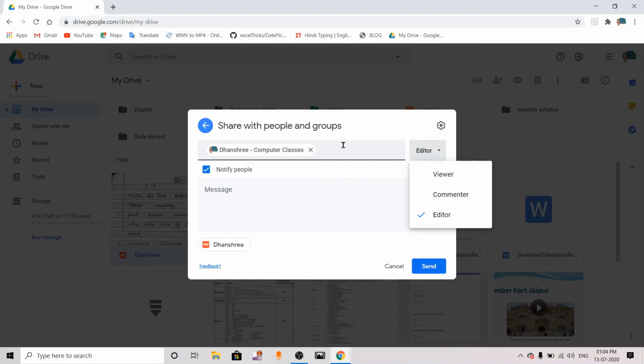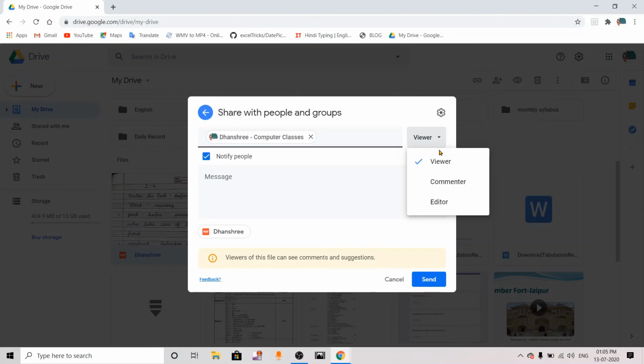Once you have typed the email address here, these are the 3 authorizations which you are giving to that particular person. Suppose I want to share one file with you, what can you do with that file? These are the 3 options. 3 authorization options are there when you are sharing something.